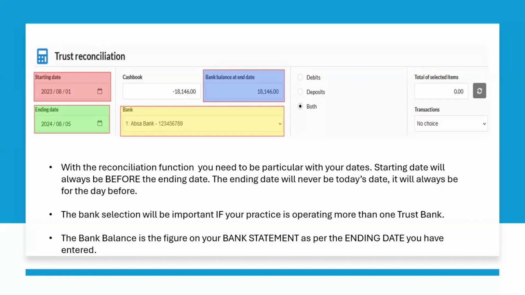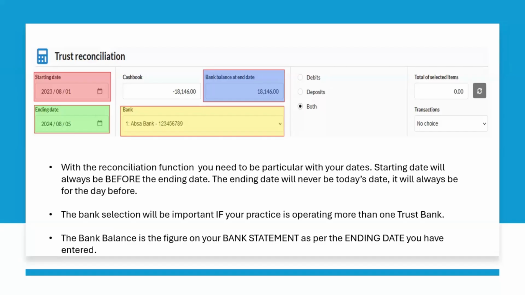All right. Now, if you look at the trust reconciliation screen, and specifically the ending date. When I'm approaching a month end period, and today is, for argument's sake, the 30th or the 31st, I can process my transactions today. I can do this reconciliation for today. But always at night, there's bank charges or interest or money that people paid in this morning only clearing in the afternoon or late at night.